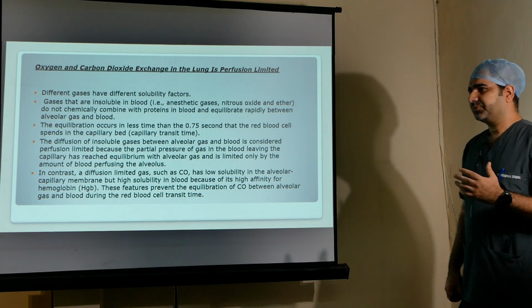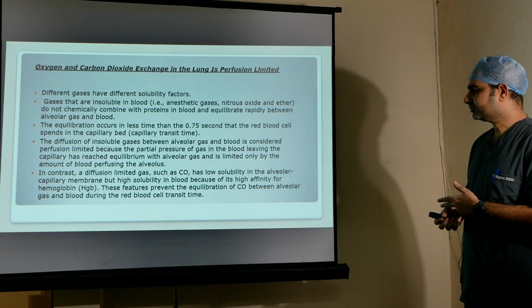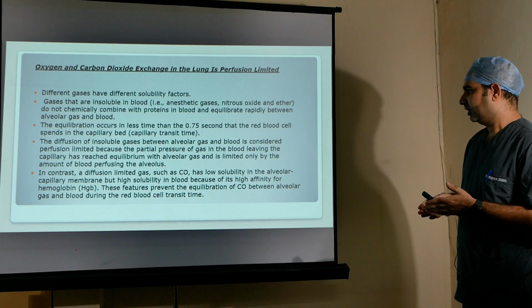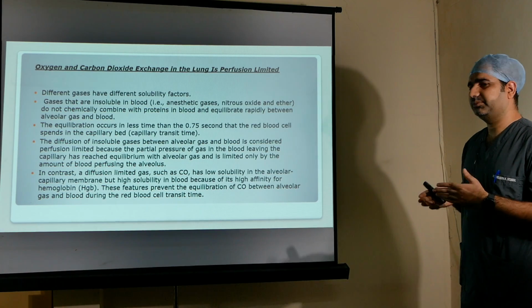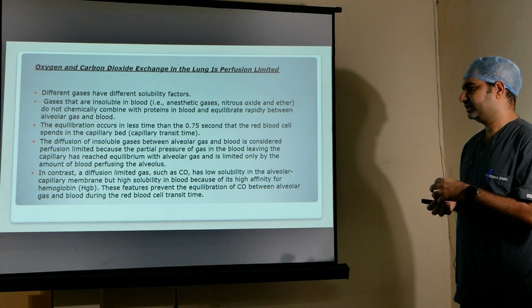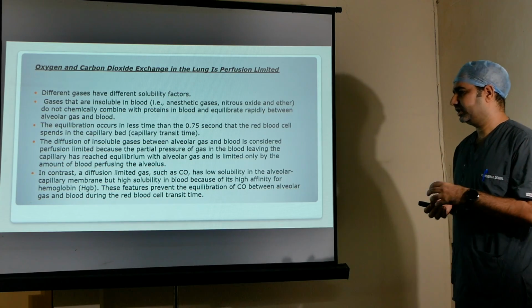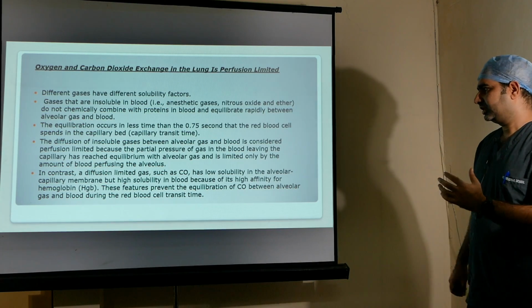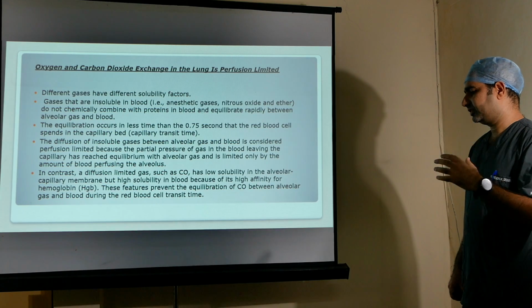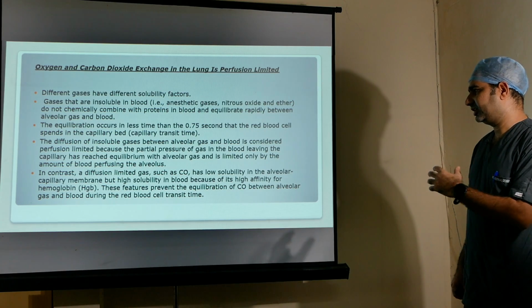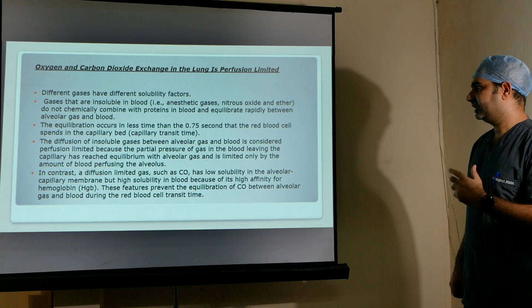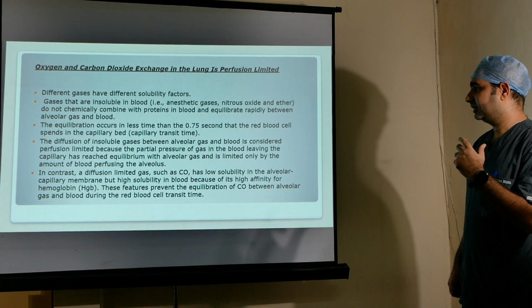These features prevent the equilibration of the carbon monoxide between alveolar gas and blood during the red blood cell transit time. What does this mean? It means low solubility in the membrane and high solubility in the blood, so that their pressure will remain low in the pulmonary capillaries. So the transfer of the gas from the alveoli to the pulmonary capillaries is limited by the